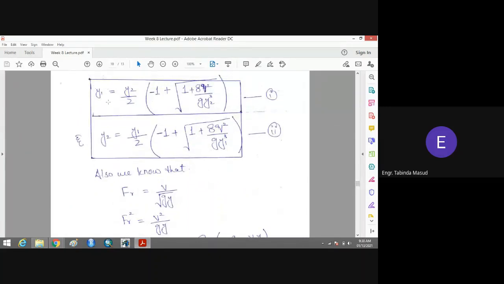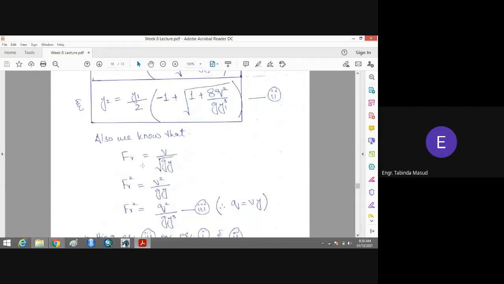This is the equation for the depth of the flow before hydraulic jump. y1 is equal to y2 divided by 2 into minus 1 plus under root of 1 plus 8 square of unit discharge divided by g into cube of y2. And this is the expression for the depth of the flow after hydraulic jump. So you have to memorize these two formulas for solving the numerical problems. And also we can simplify these equations further. Remember that these equations and this derivation are for the rectangular channel.